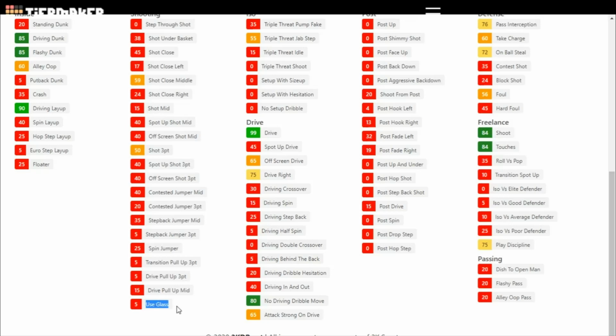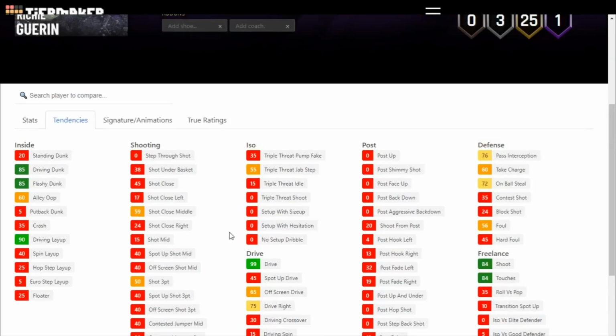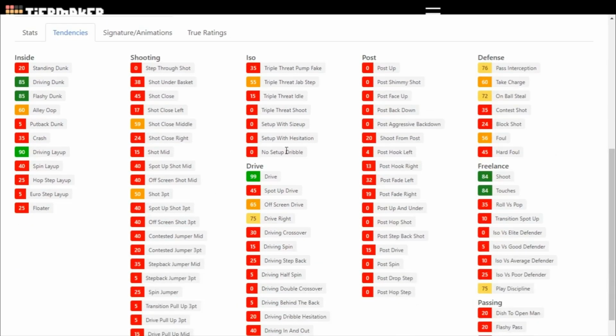So using the glass tendency is pretty huge. This isn't huge in this game, but it will be in next gen when you're able to actually shoot more bank shots, because apparently we're going to be able to control bank shots and arc and stuff like that. I don't know how it's going to work. It probably will not. But that tendency is going to be more important then than it is now, depending on how they implement that change. So we'll see. None of these really matter too much. Same thing, ISO. You're controlling the player, so none of this is really going to do much.